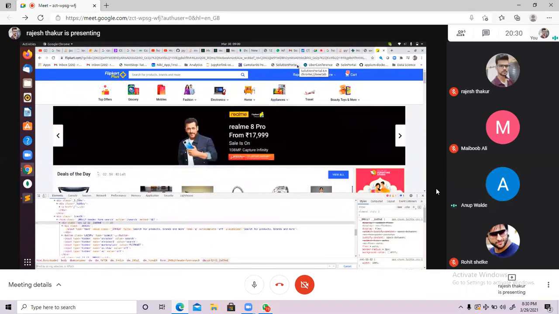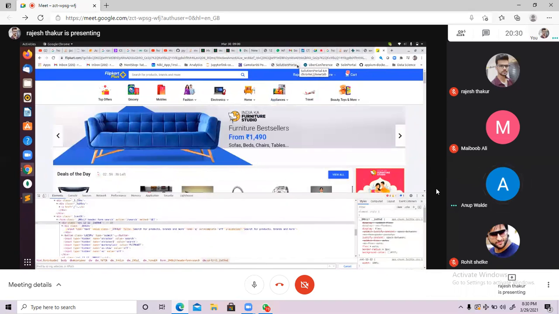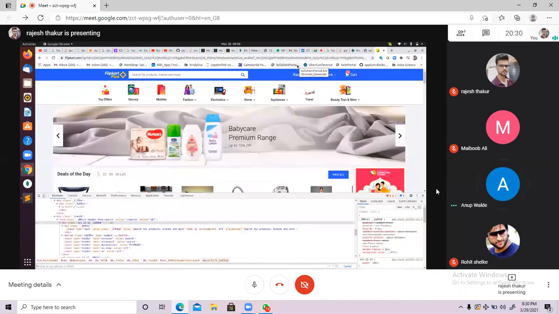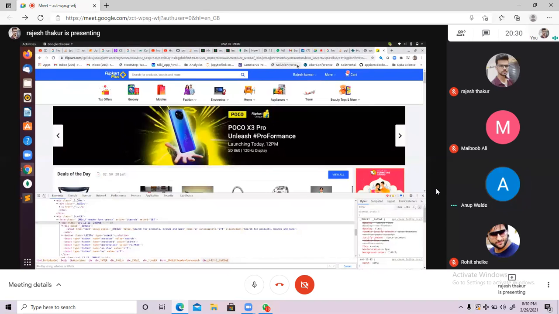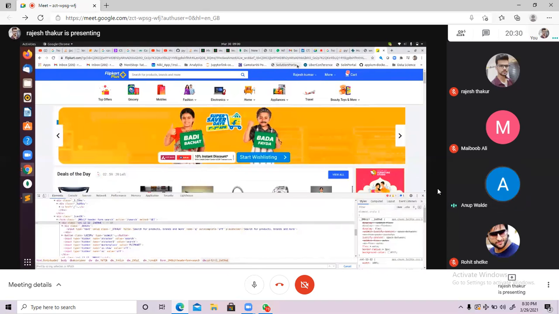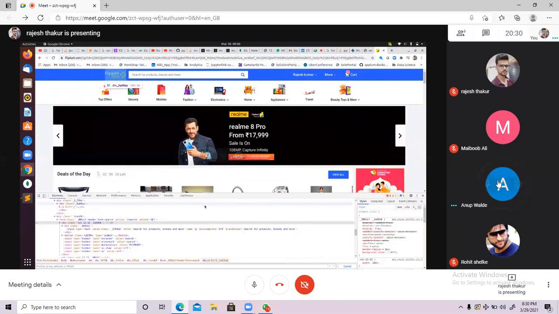See, again, I'm saying in real time, no one is going to use this absolute XPath. We never use it. I will tell you the drawback of the absolute XPath, but from a learning perspective, you should know.